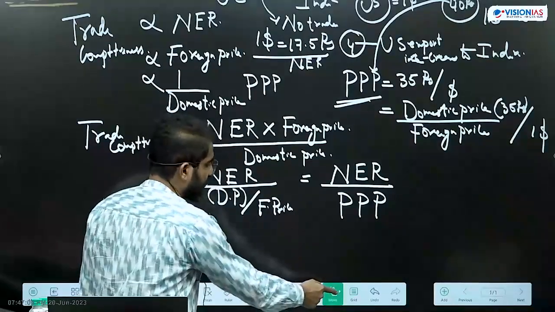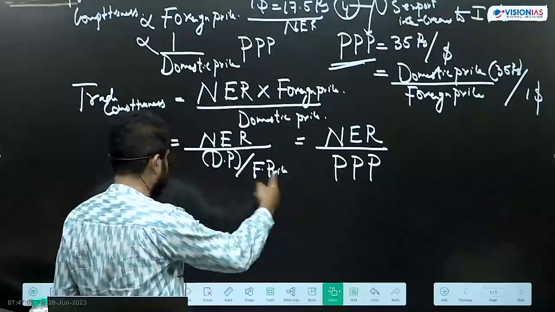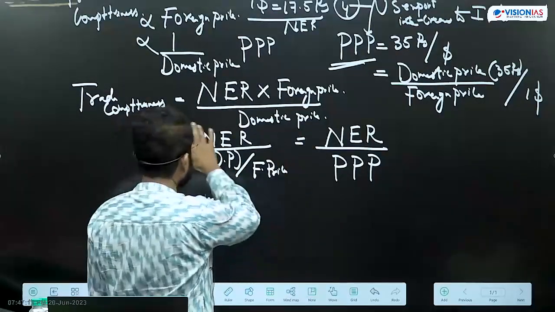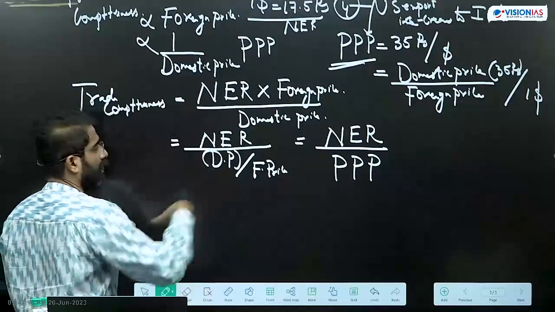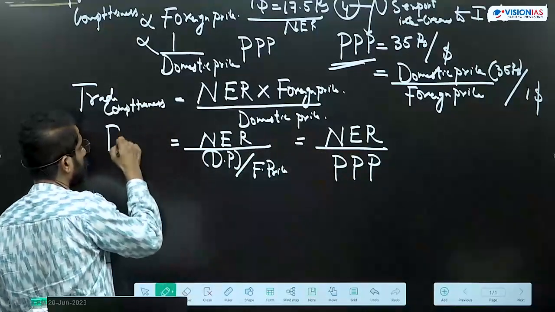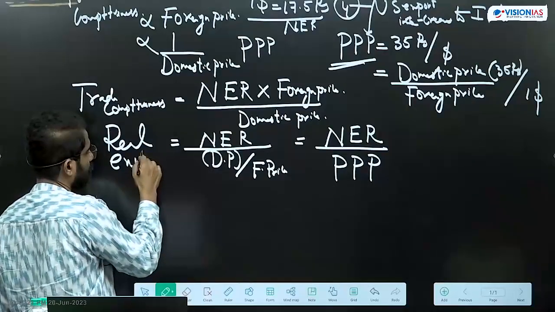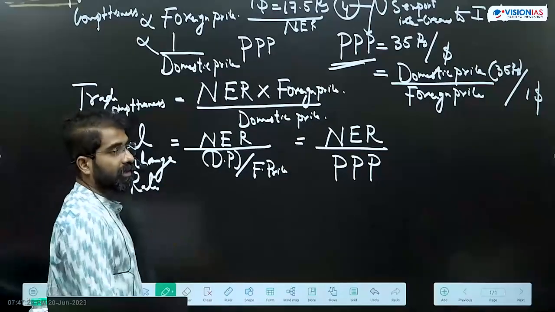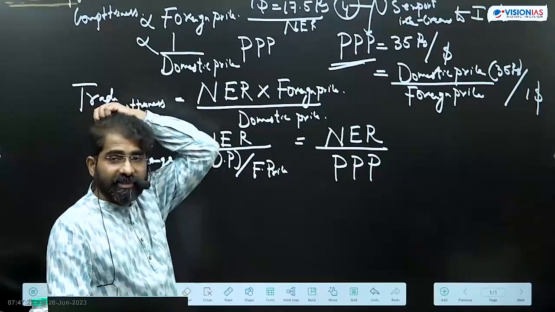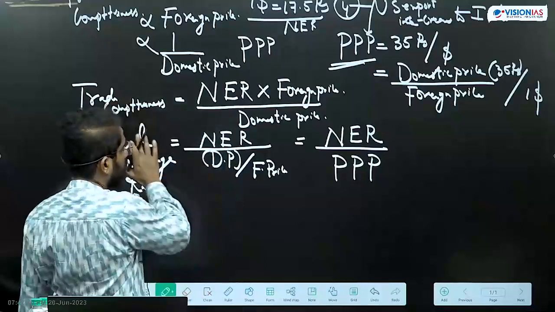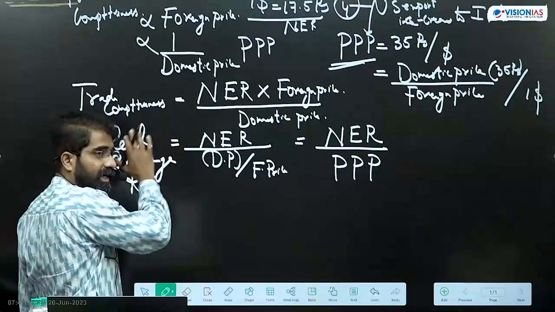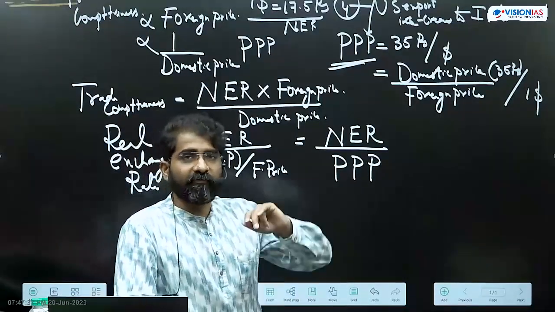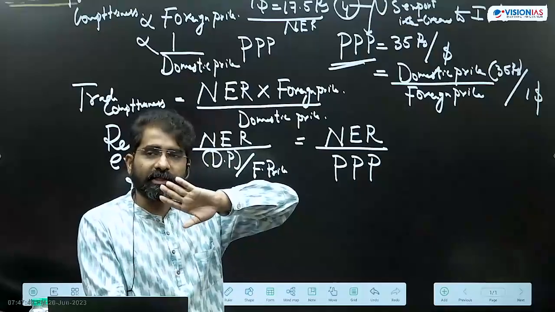So nominal exchange rate divided by PPP, because PPP is nothing but domestic price divided by the foreign price. Now this nominal exchange rate divided by PPP is also called the real exchange rate. So trade competitiveness is measured using real exchange rate. Now whenever we are comparing with other countries, even